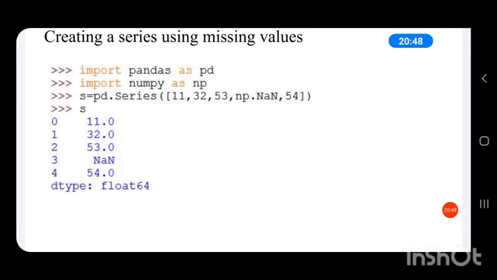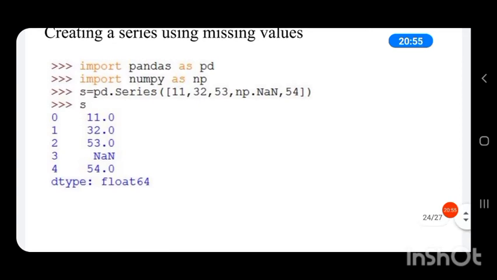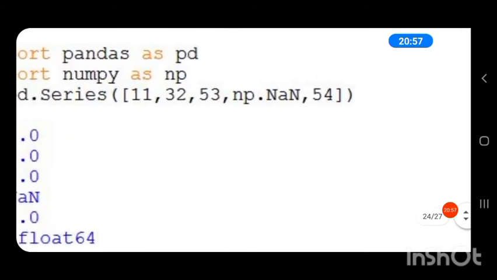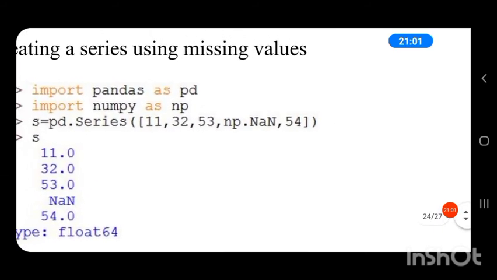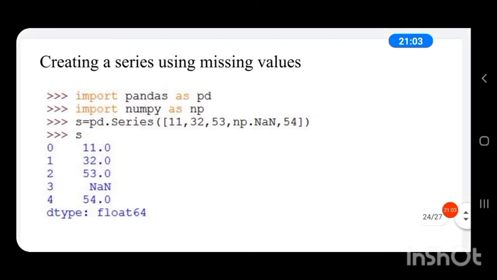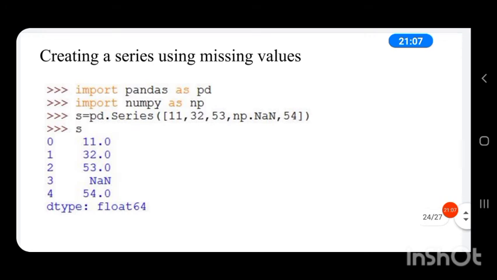To handle this, we are using a NaN, that is a not a number value. You can see here a NaN value that is provided by NumPy. So we are using it as np.nan, which is an attribute of the NumPy library.